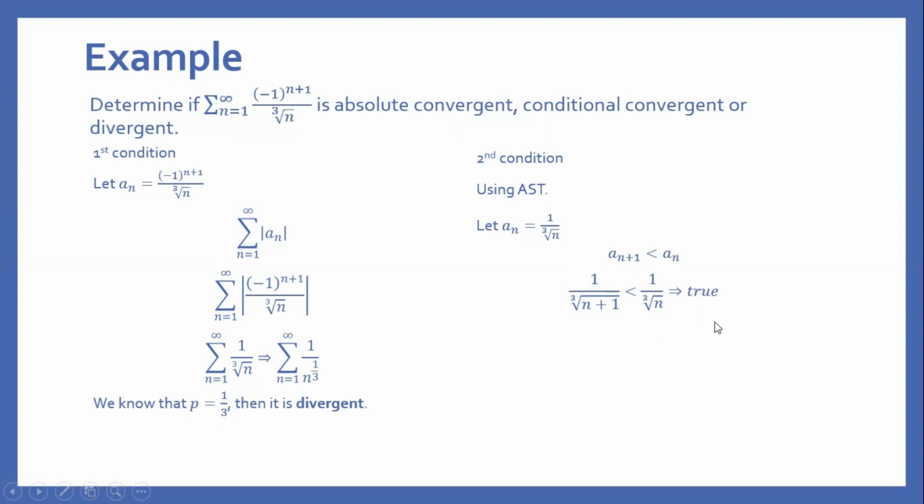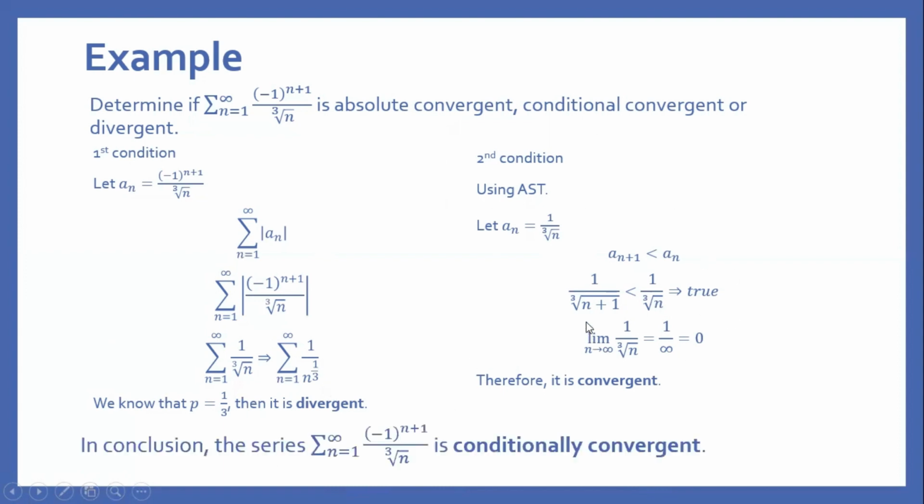So satisfy siya. And then kunin natin yung limit. So limit of 1 over cube root of n as n approaches infinity. So pwede nating sabihin na 1 over infinity, which is equivalent to 0. Then this series is convergent. So dahil divergent yung isa at convergent naman yung isa, therefore, masasabi natin in conclusion, the series of summation of negative 1 raised to n plus 1 over cube root of n from n equals 1 up to infinity